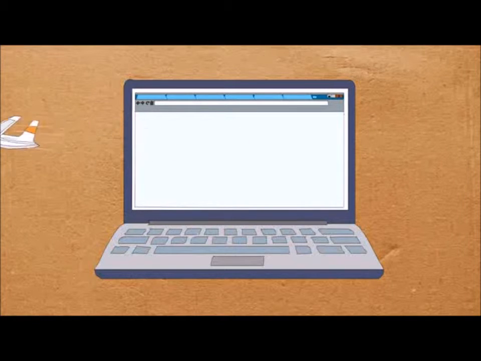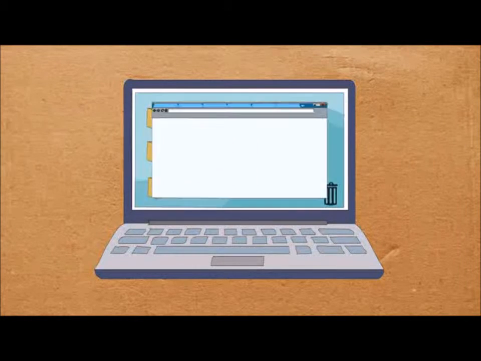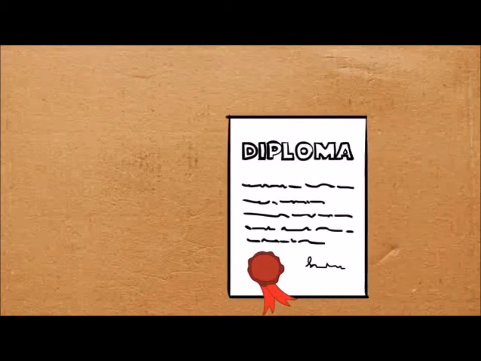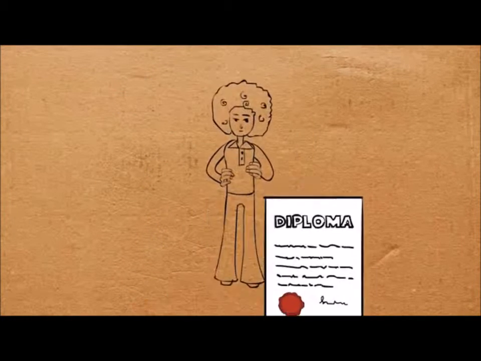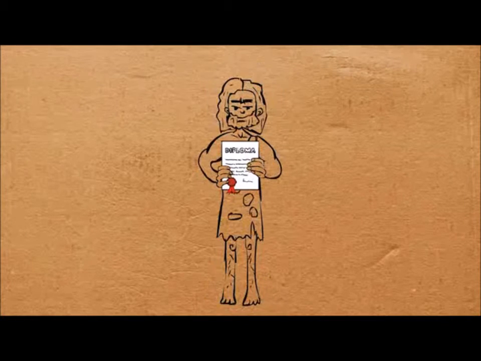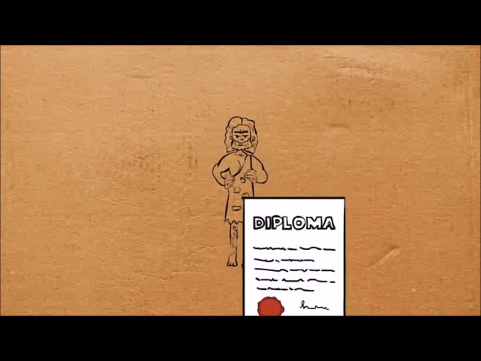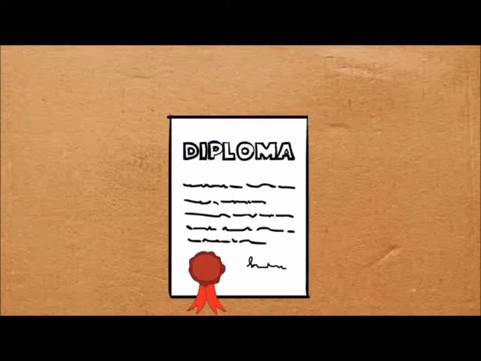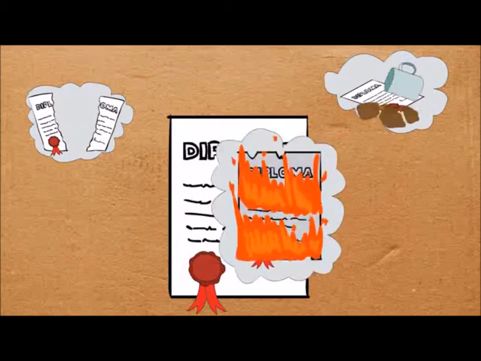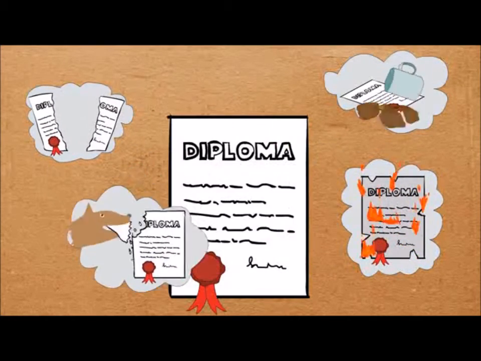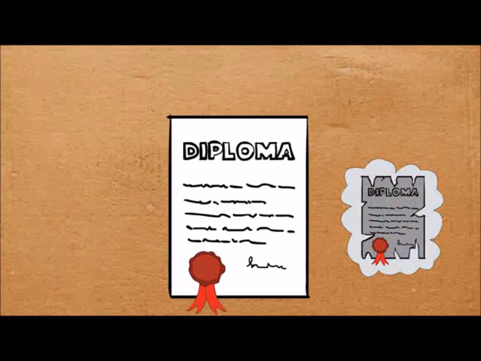Today, we do almost everything on the web. We book our plane tickets online, we do our banking online, and we keep our important information in the cloud, so it's always there when we need it. But we don't do that with some of the most important documents in our lives. Our diplomas. We're still dealing with them the way we have for decades, even centuries. On paper. Paper is nice and tangible, but not really practical. You can lose it, misplace it, or have it stolen. It can be torn, burnt, or eaten by your dog. And even if it doesn't, there's another problem. It could be fake.